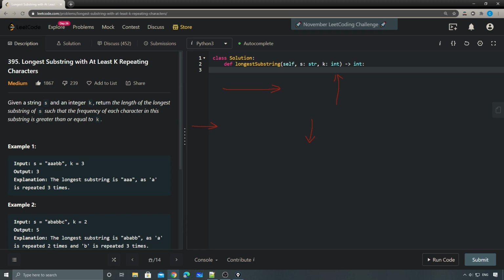But for this problem, let's say you're trying to use the minimum frequency in a sliding window, where the frequency of each character is at least k. If we use this one to keep a sliding window, can it meet our requirements? Obviously, it can't, because